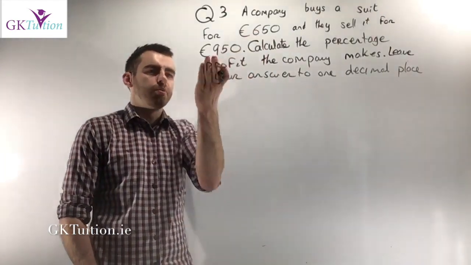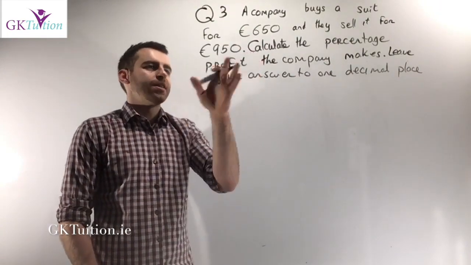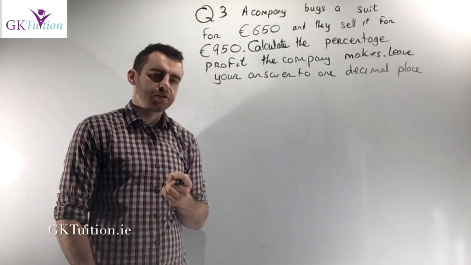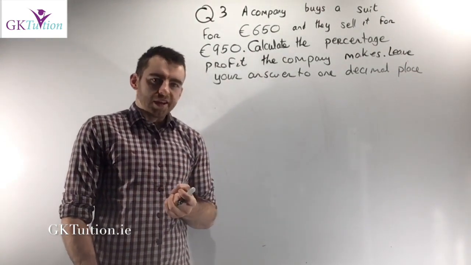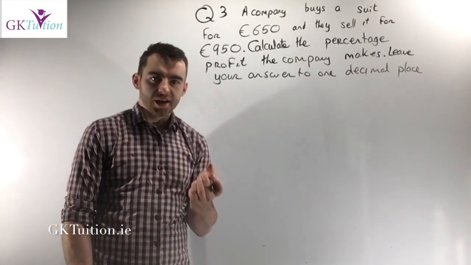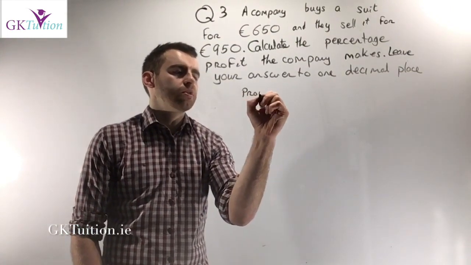So they boost up the price to €950, and that's what they charge the customer. I'm asked to calculate the percentage profit the company makes and leave your answer to 1 decimal place. Okay, so if I'm looking for percentage profit, then obviously the first thing I need to do is work out the actual profit. The first thing I need to do is work out how much money does the company make